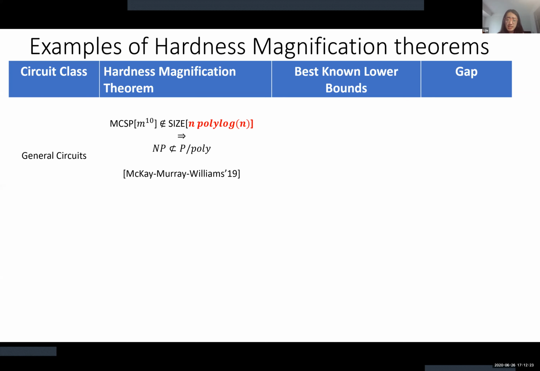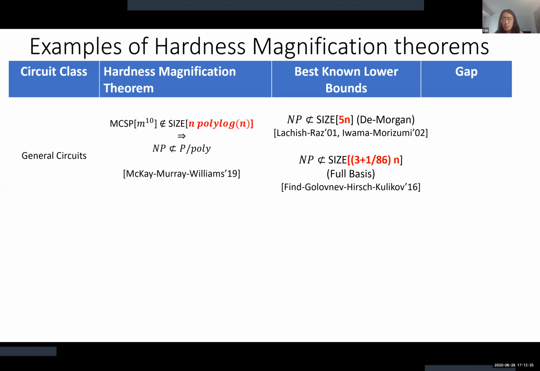But for general circuits, the best lower bound we have is 5 times n for De Morgan circuits, and 3 plus 1 over 86 times n for full bases. And as you can see, we don't have good techniques for proving lower bounds stronger than that, like n times polylog n. So relatively we are far from the n times polylog n bound, because it itself will be